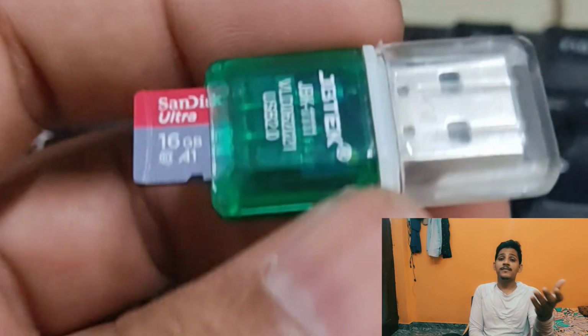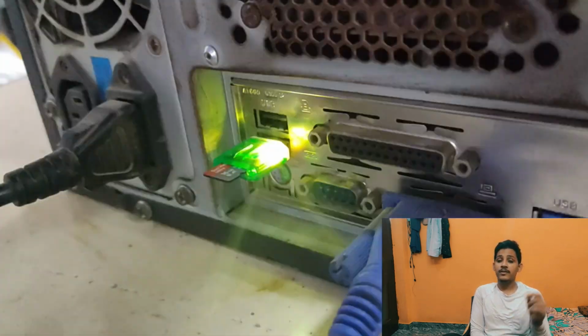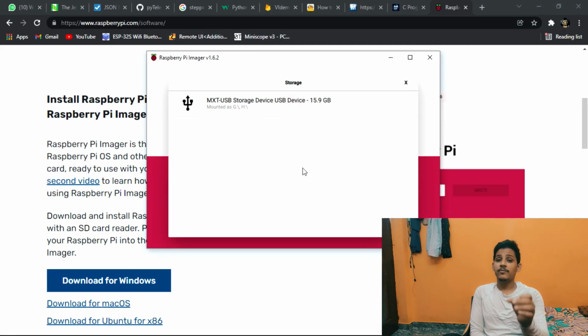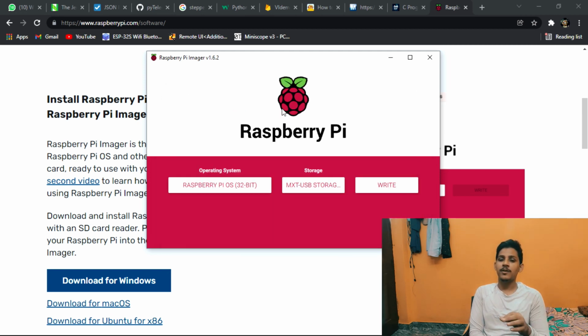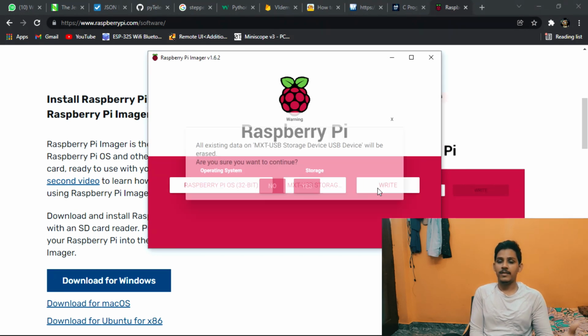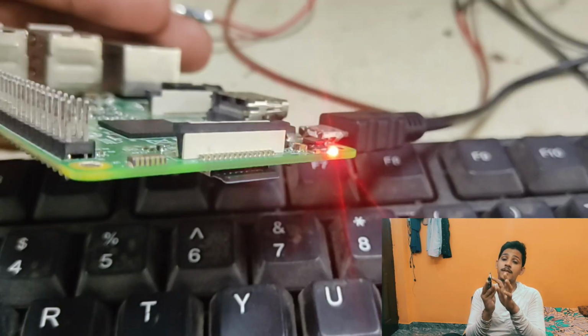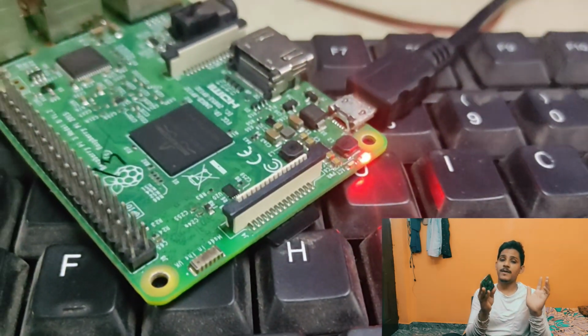Next we have to select the drive. Select drive means you need an SD card and a card reader. So you have to insert the card reader into your PC and select the specific card reader to burn the OS onto your card. And next finally you have to click the write option to write the OS, which is downloaded from their server, onto the Raspberry Pi's SD card. And then you have to insert that SD card into the SD card slot of a Raspberry Pi.